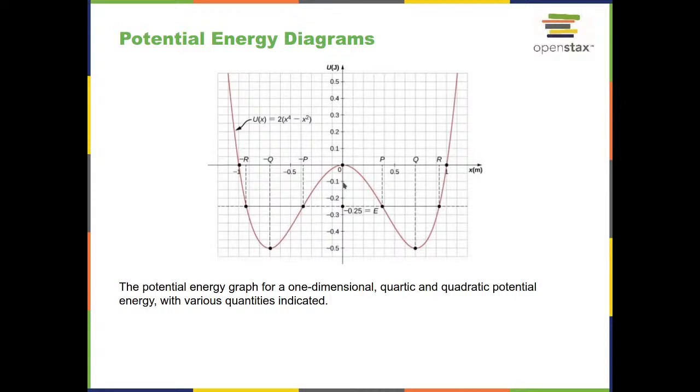Let's say it would be at minus 0.1, and so our turning points would be further apart. So we'd have p here and r over here, and the motion of the particle would cover a larger range of x, but the same conclusions would still be valid, that we'd have two separate regions in which